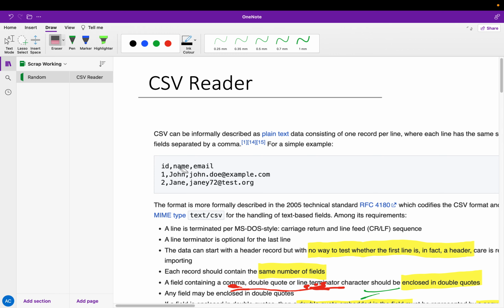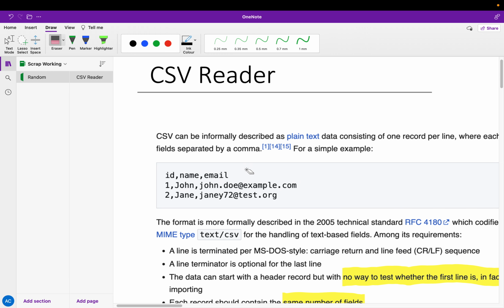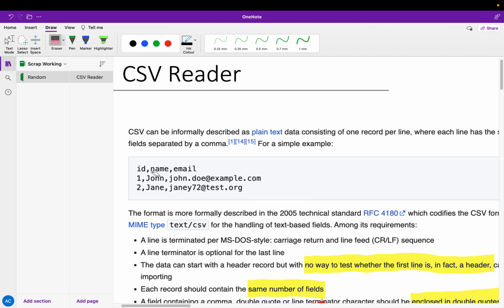In the sense that, obviously when reading this as a human, we can look at this and be like, okay, these are headers, like ID, name, email. We can discern that. However, if you think about the format of CSV, you could think that ID, name, and email are just three values. You can imagine there's no header field, and ID, name, and email make up the first record, and one, John.doe at example.com is the second record. You can imagine that this doesn't necessarily have to be headers from the computer's perspective. So